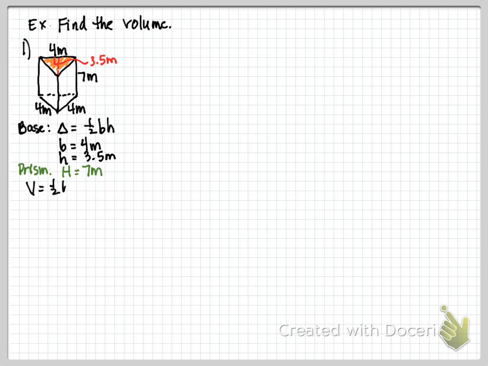Volume equals 1/2 little base, little height times big height. And I'm going to just start substituting numbers in. So we said little base was 4. Little height was 3.5. And the big height was 7. All right, so let's see what we do. 2 goes into itself once and into 4 twice. Let's see, what else do we get? 2 times 3.5 is 7. 7 times 7 is 49. So the volume